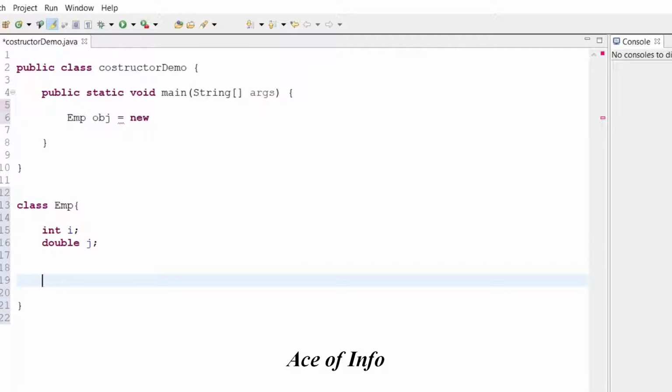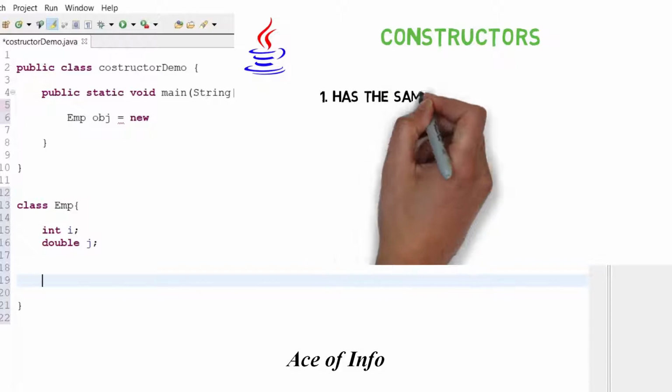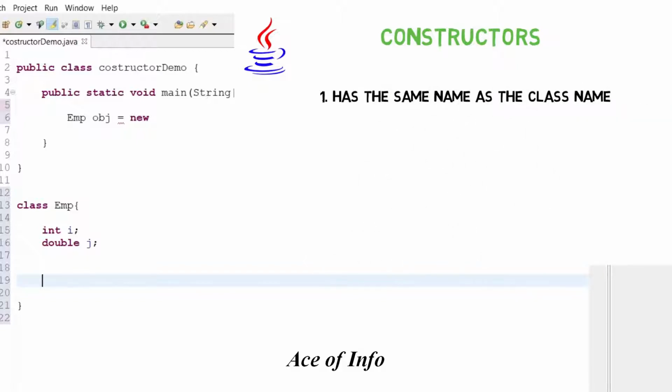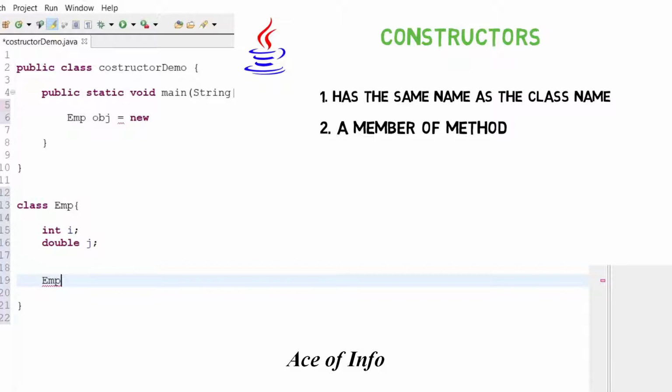So there are four main things to know about a constructor. First, it has the same name as the class name. Therefore, it should be EMP here. Second, it is a member method, which means it has brackets after the name.